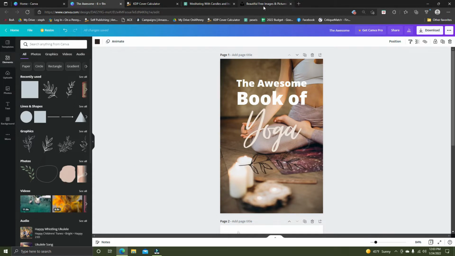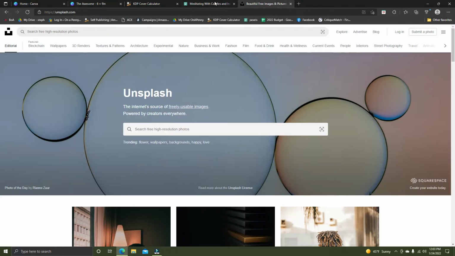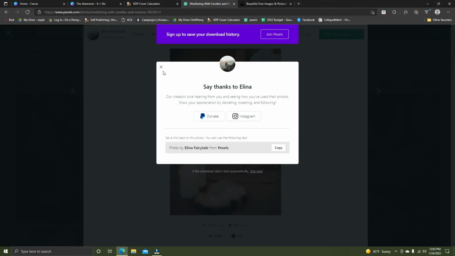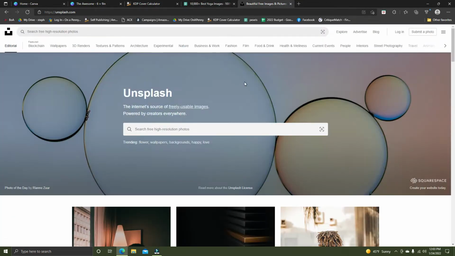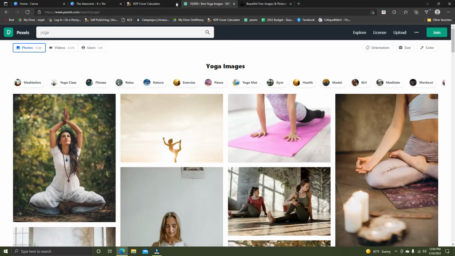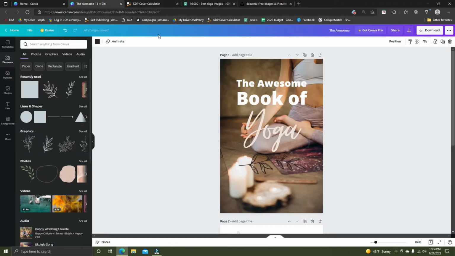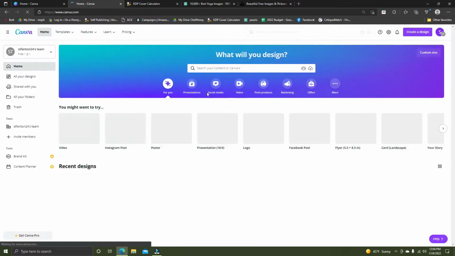Another free resource that I wanted to show you is Unsplash. It's a lot like Pexels. So here's Pexels, right, where you've got free photos and videos. Unsplash also has a lot of free resources. And if you can't find what you like on Pexels, go to Unsplash. It's unsplash.com. And then the last thing I needed to go over with you is going back to home,